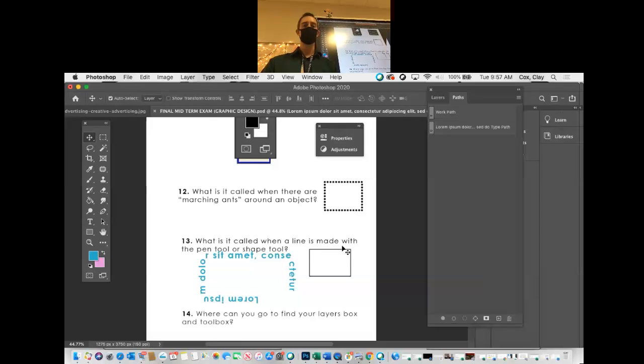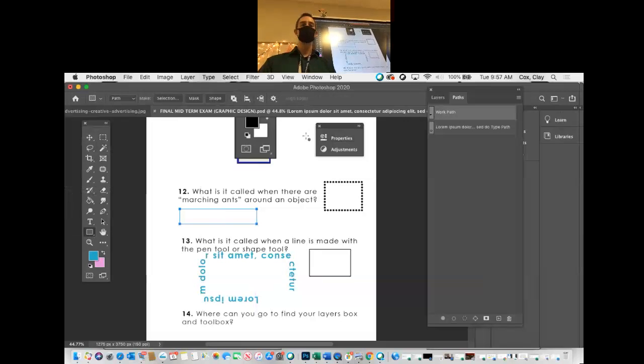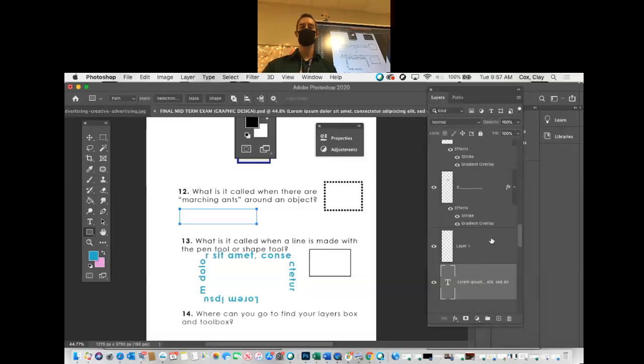So the little line made with a pen tool or the shape tool that's blue, it's imaginary. It's not real till you make it real, and it's called a path. To deal with a path, you go to paths. Fill it in, outline it, make a selection, type on it. That's the 4 main options that you have. Okay, and then,